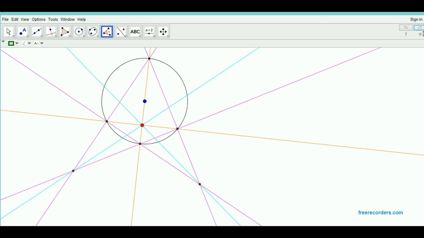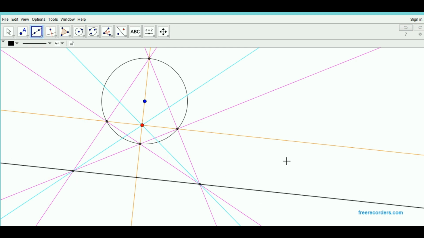Also, there's something fairly interesting to note here, and that is that if we join these 2 points here, where these purple lines meet, if we had a black line there, well then you should see that this is actually exactly the picture that we got when we were trying to work out what the contact points were of a line, the black line, meeting the conic. So this is actually a self-polar triangle,